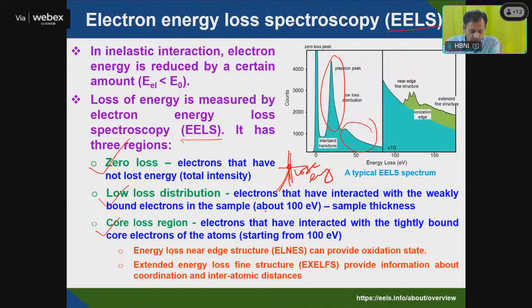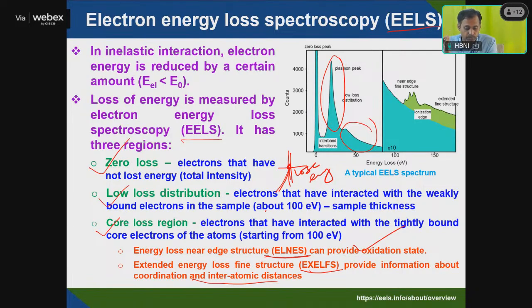One is electron energy loss near edge structure, ELNES, and extended energy loss fine structure, EXELFS, like XANES and EXAFS in the case of X-ray absorption spectroscopy. So ELNES will give you oxidation state, and EXELFS will give you coordination number or interatomic distance. That means from TEM you can also get the information about oxidation state and coordination number based on the electron